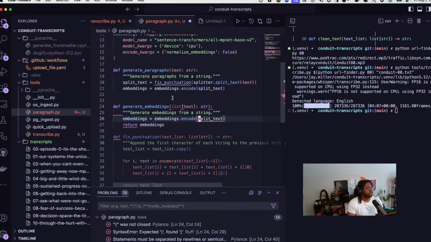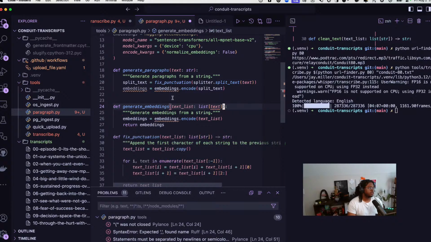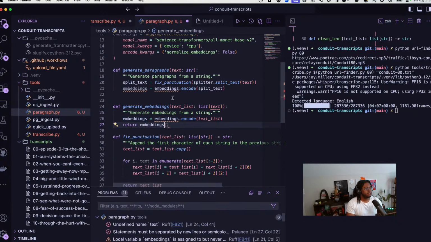And then we just do something to that effect. I kind of just want to see what happens, because what they did was they just did